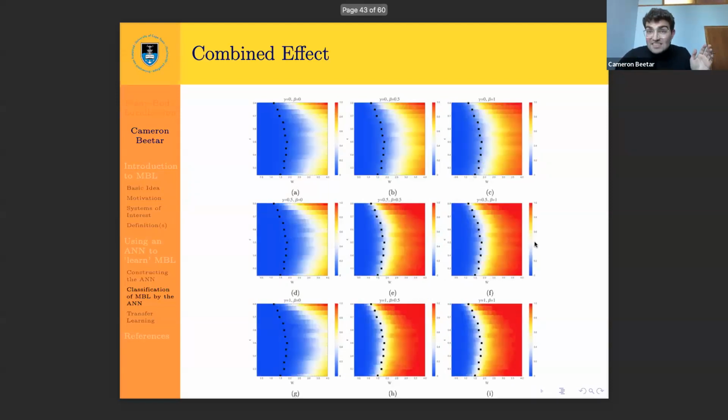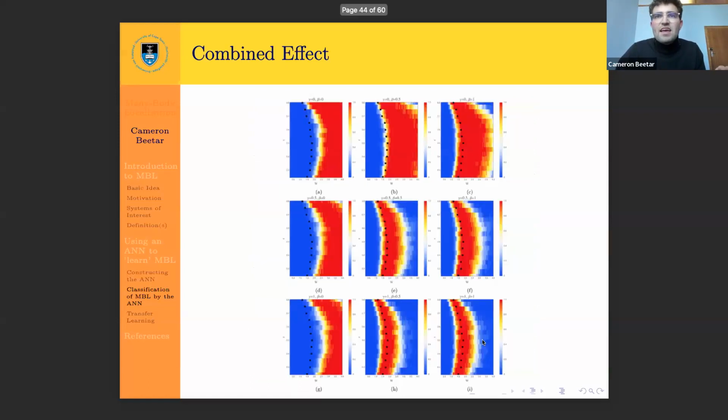Another representation of this data is to invert the images so that it's cold or zero where the network is confident and hot where the network is uncertain. And when you do that, you can also see the effects of the confidence penalty and weight decay. Again, moving left to right is increasing your weight decay, and top to bottom is increasing your confidence penalty. So we see the pushing back of the transition region by weight decay, and we see the reduction in the uncertainty and the width of that uncertainty region using confidence optimization.